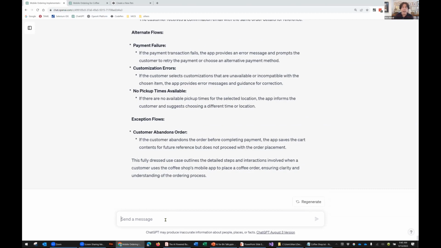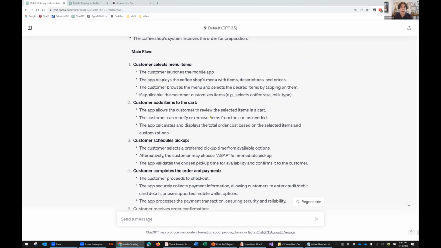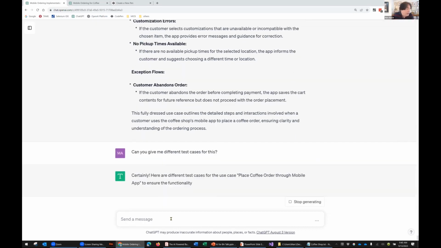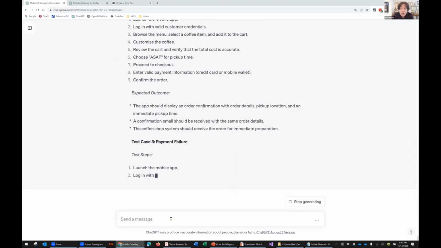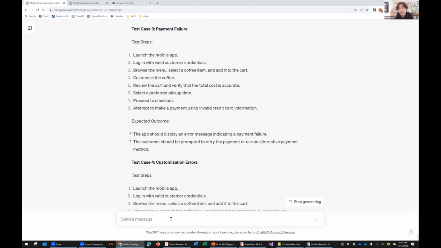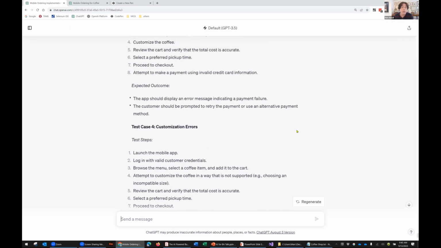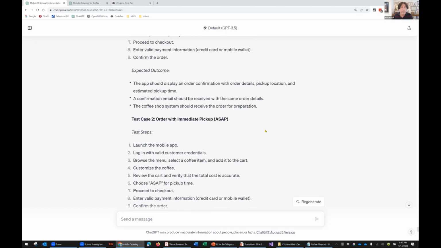All right. And again, it has put together all of the things like the main flow, the alternate flows, and so forth. Now, use cases are a good foundation for test cases. So again, one of the things that AI is really good for as a BA is taking essentially the same base of content and putting it together in a number of different forms, and keeping all of those coordinated.